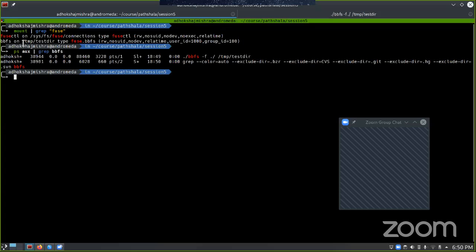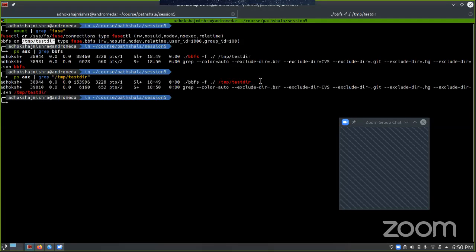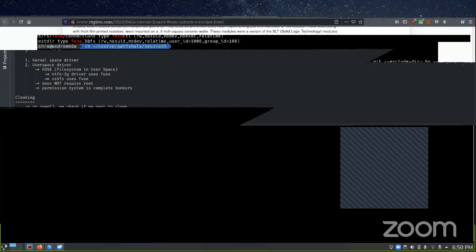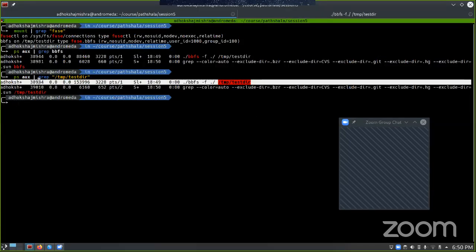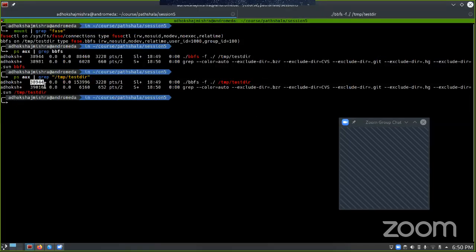Here we have seen the path where the file system has been mounted, so I will pass a filter on this particular string. Here we have got one match, so we know that this is the PID that is managing this fuse file system. So we will go to root here, we go to /proc/